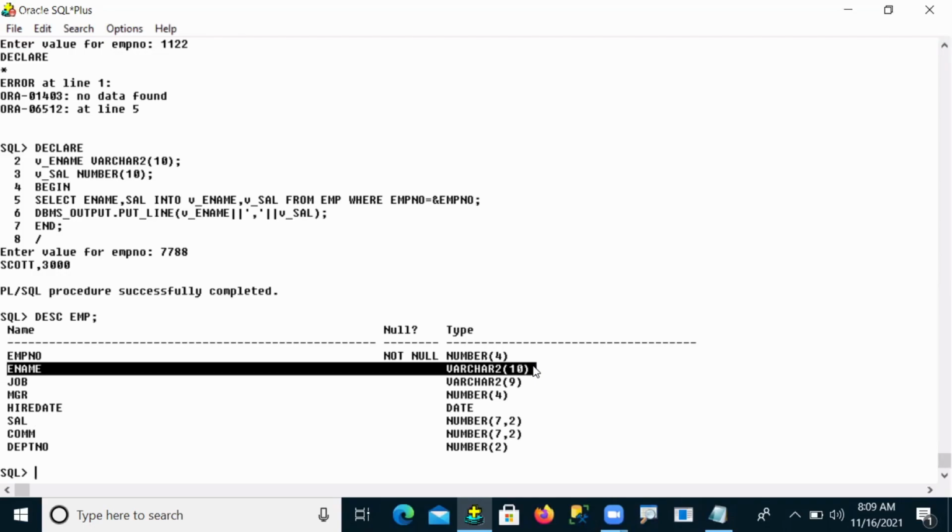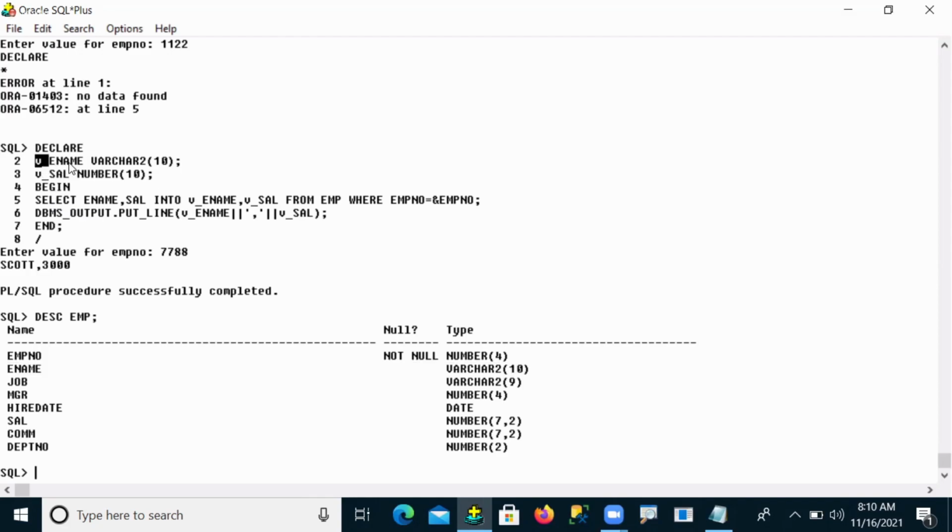Now observe the situation here. For example, guys, when I was designing my table, my ename column had the varchar2 data type. Whatever variable I declared here, v_name, is related to this column. Suppose this variable data type is taken as a number, or otherwise as a date.